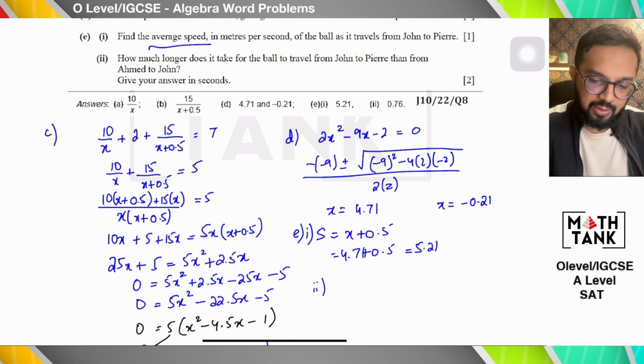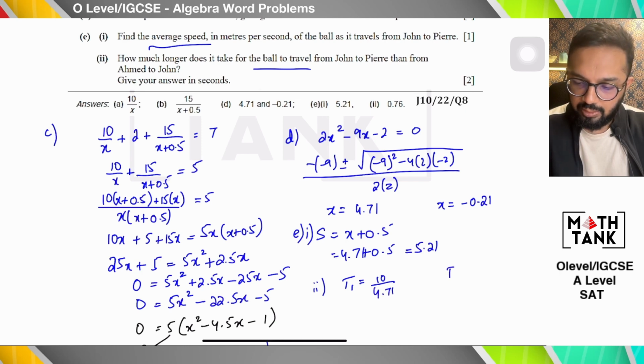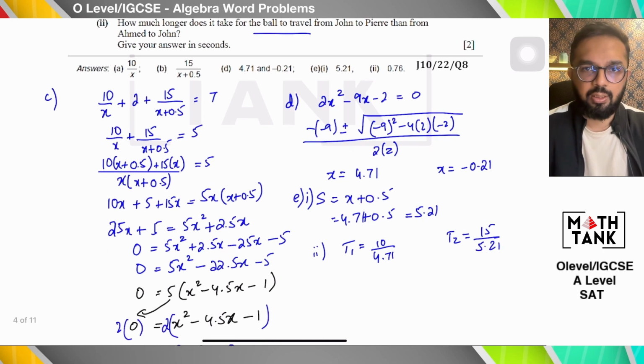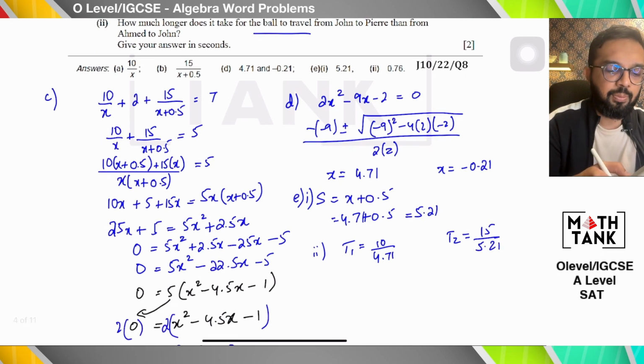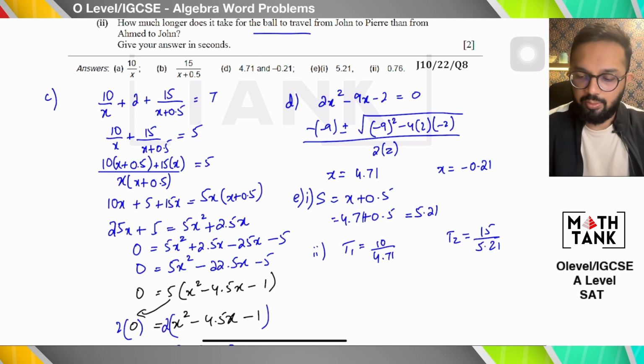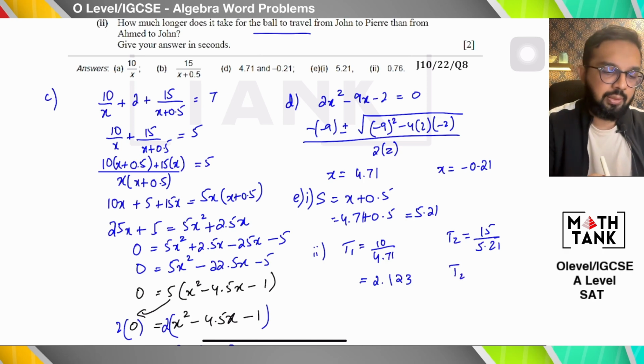Part 2. How much longer does it take for the ball from John to Pierre than from Emma to John? So I have to take out both times and then subtract them. Okay. So time 1 is 10 divided by 4.71. Time 2 is 15 divided by 5.21. That was the new speed, right? So 10 divided by 4.71 gives me 2.123, and